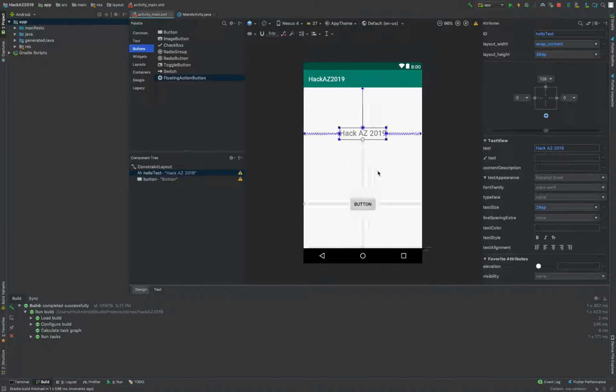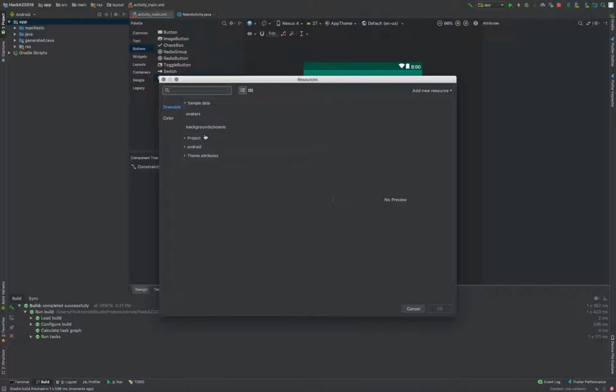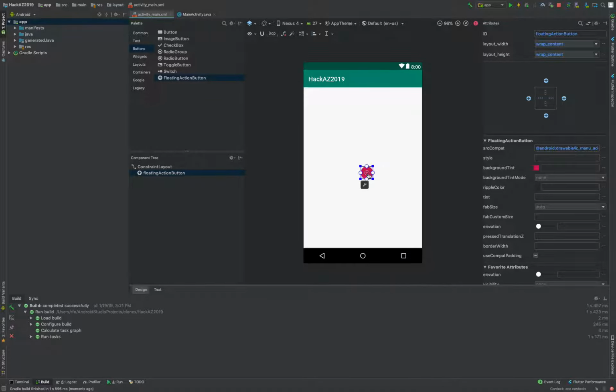And for now we are going to remove that one, remove this one too, drag and drop. All right, when you drag a floating action button, they ask for the icon inside. To access the icon, go to the Android folder, or just try writing add in the search box, because we want to add a new note. Maybe the green one or the white one, the circle one. Okay, it will work. But the thing is, now our floating action button is at the center, but if you run it,